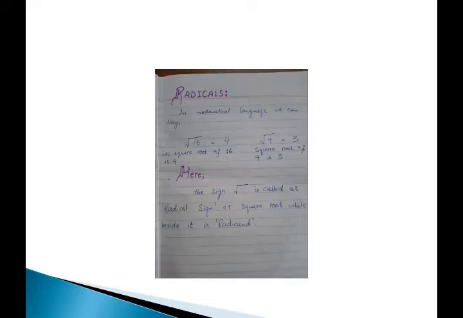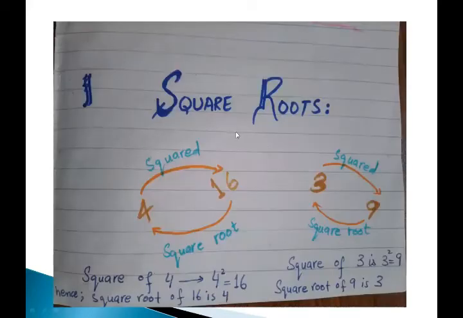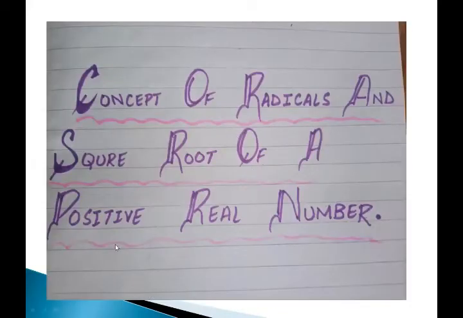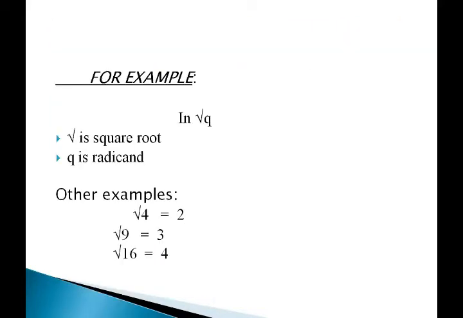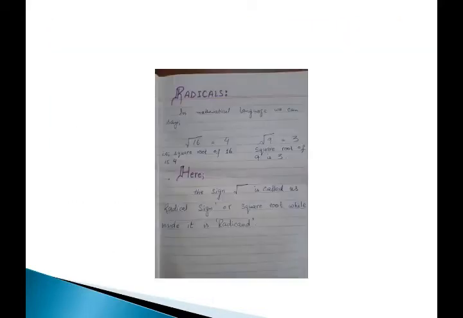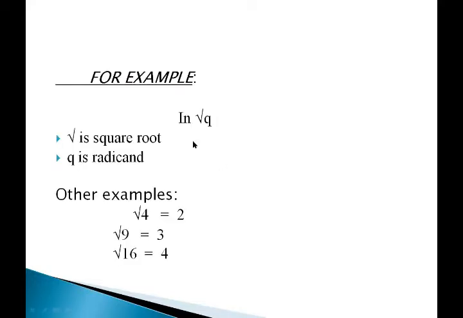So radicals, I have already told you about square roots and radicals. You have already understood what the meaning of this topic is. Now we are moving towards the actual thing. Here are some examples of the radicand: this sign is the sign of the square root, or you can say the radical sign, and q is written under it. So this is the radical sign, or square root we can say, and this q is the radicand.